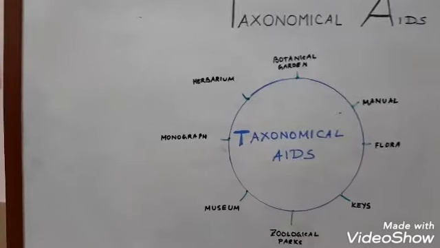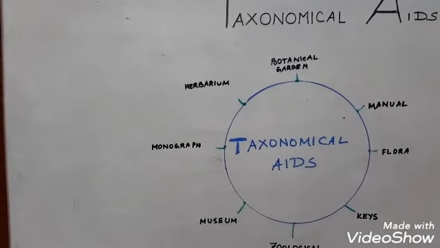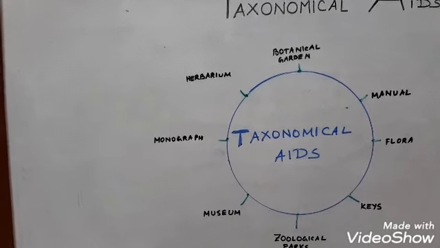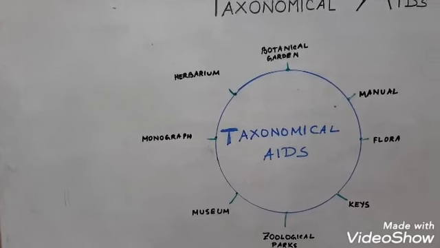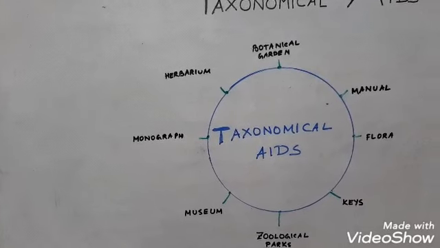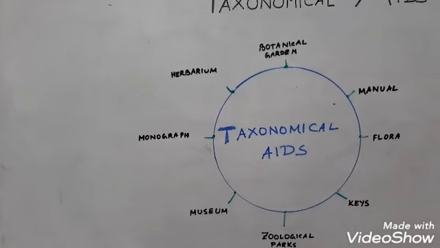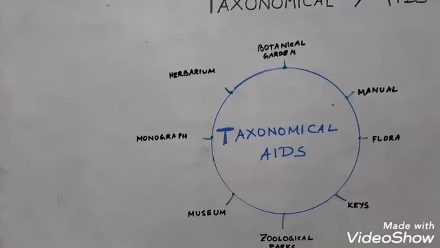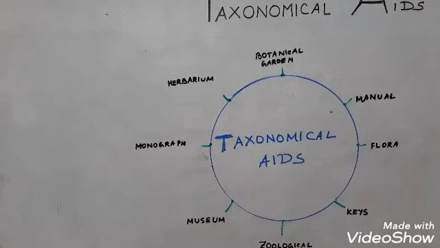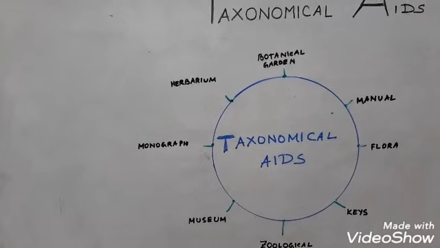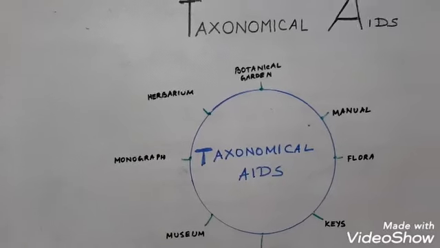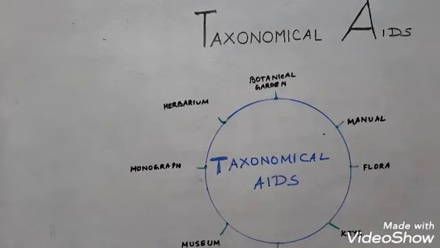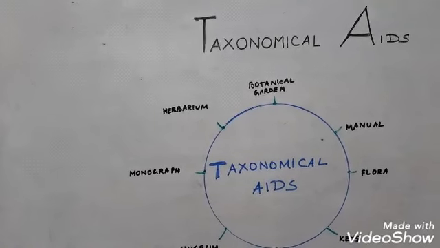Now identification of organisms requires intensive laboratory and field studies. The collection of actual specimens of plants, animals, species, knowing their habitat and their traits, these are essential and are a very important source of taxonomical studies. All this information is used in classification of organisms. There are certain procedures and techniques that have been developed to store and preserve different types of specimens.